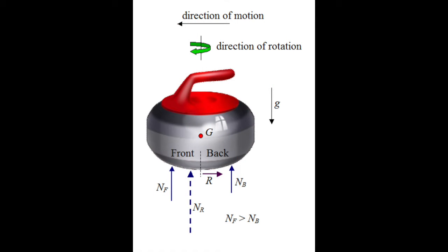In the next video, the equation NR equals NF plus MB, where NR is the normal force exerted on the entire bottom of the curling stone. NF is the normal force exerted on the bottom front half of the curling stone, and MB is the resultant normal force exerted on the bottom back half of the curling stone due to contact with the ice. This equation correlates with this diagram, which depicts the different variables that contribute to the motion and rotation of the